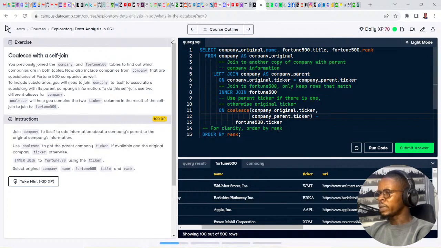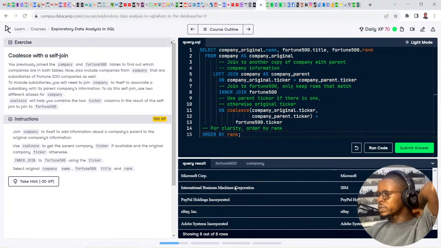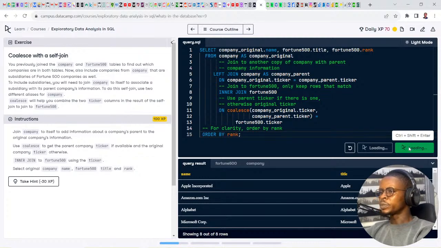For clarity, order by rank. Okay, let's see the results. We have the result. Now this is pretty technical, so I'll try to explain it as best I can. It says, let me see if we got the answer correctly first, which I'm pretty sure we did.